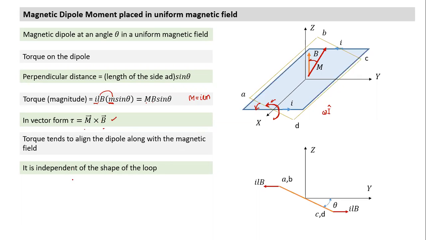So when it comes to m, what does it mean to be independent of shape? See, rather than a rectangular loop which has an area Lm, if I take any irregular shape lying in the xy plane with area equal to Lm and current I passed through, it will still experience the same torque. Basically, it is independent of shape. It depends on area, current, and m. We can obtain the same value of m by several different shapes. As long as the product of area and current remains the same, m remains the same and torque remains the same. What we have done for a rectangular loop is also valid for a circular loop.